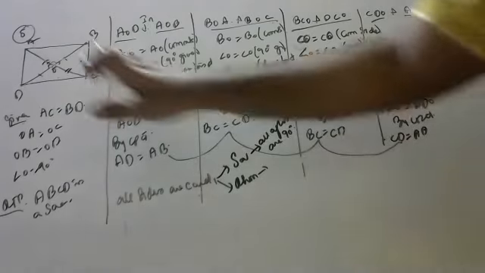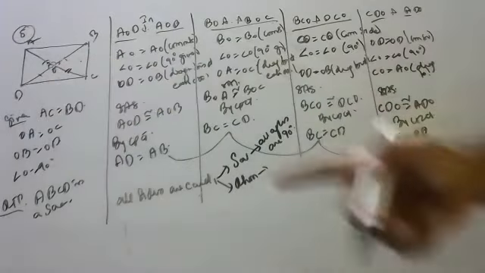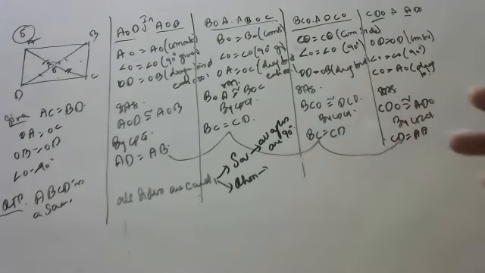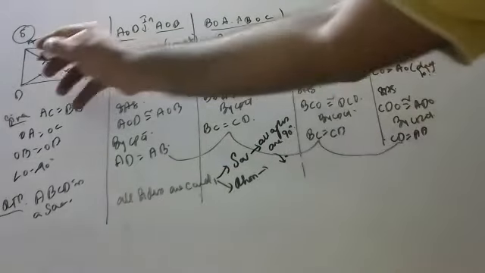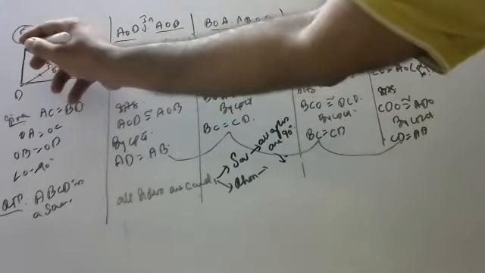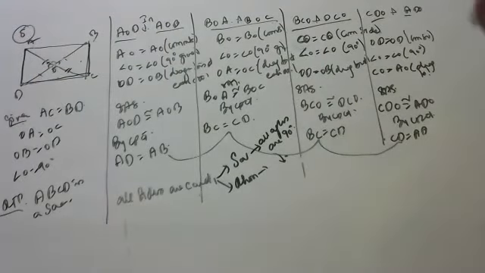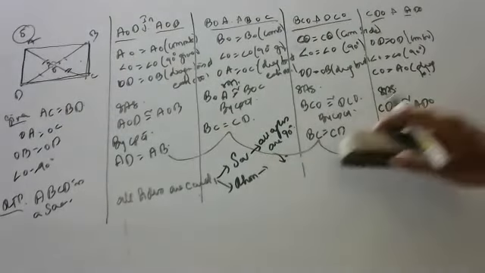So, children, to prove that, 90 degrees is a must. Just imagine AD is equal to BC because all sides are equal. CD is equal to CD, common side. One second, wait, someone came. Okay, children, this and this are equal. This is a common side. One second, I will draw a figure and then I will show you. To prove this as 90 degrees, I want a little space here.